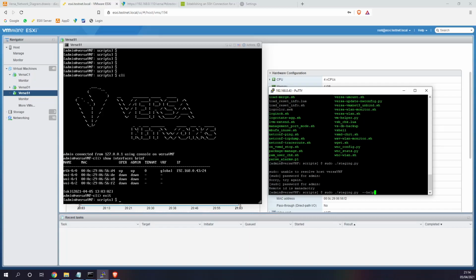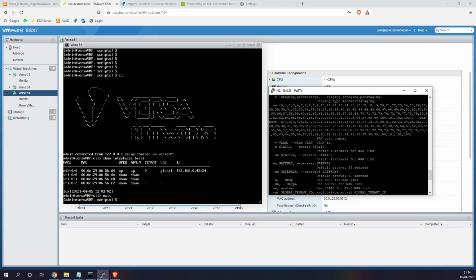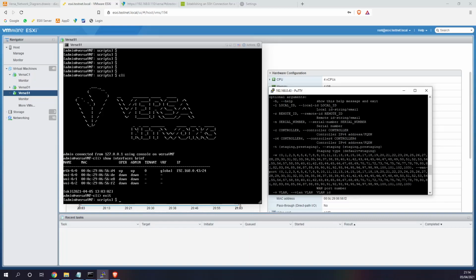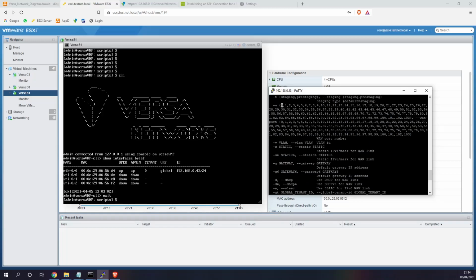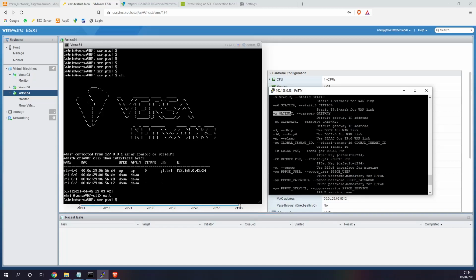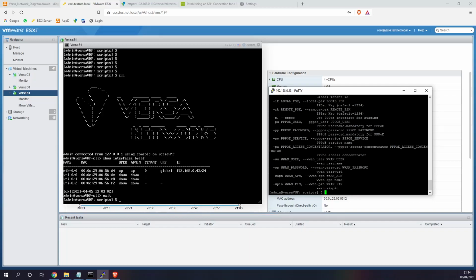What I wanted to show you here, if you do --help, then you can see all the different options you've got. So we've got the local ID, which is like SD-WAN branch, remote ID, which is the controller ID, the serial number we put in earlier, the controller IP address, and the -w is the VNI interface that we're using, and then a static address, the gateway. That's all you need to do to get it up and running. So if we just start typing it in,